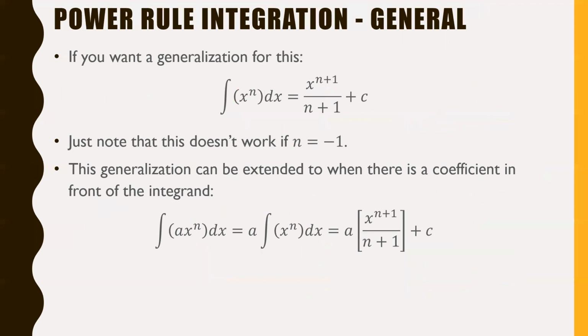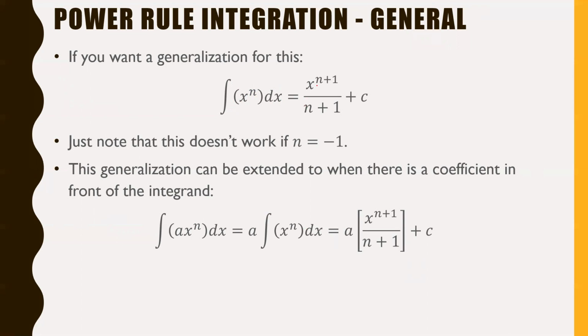Now, this slide, if you just looked at it without really breaking it down, probably looks like an absolute unmitigated train wreck. And I don't blame you for this, but let me hopefully help break this down for you. If you want a generalization for this, the closest we can get to an actual "do this and then do this" rule is the antiderivative of x to the power of n, where n is just any number, with respect to x,